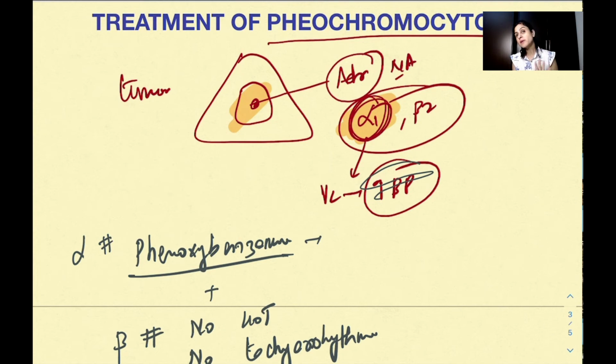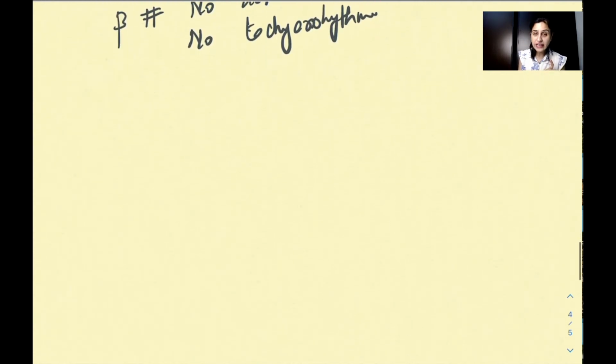And the fourth most important question was, why do we give alpha blocker first and beta blocker later? Why don't we do the opposite, giving beta blocker first and then alpha blocker? There is a reason for that. And the reason is very simple. If you give a beta blocker first,